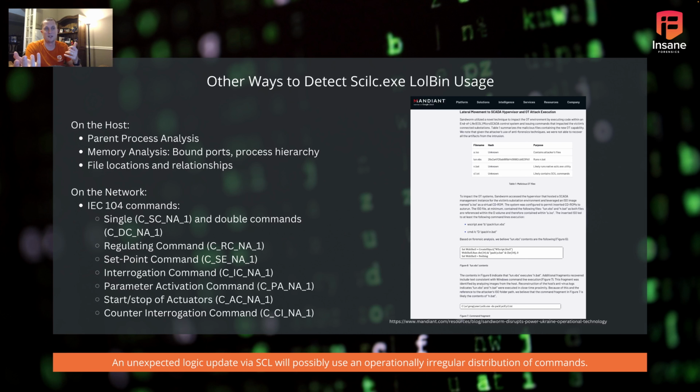Hey, when this script is generally used, it's used when we're doing this function. And hey, when we're not in turnaround, when we're not in maintenance, when we're not pushing logic, this is unexpected, right? And so again, looking at parent processes, that's a good one for threat hunting. If you're in an incident response case, it's also going to be helpful.